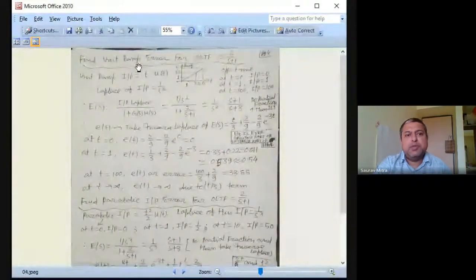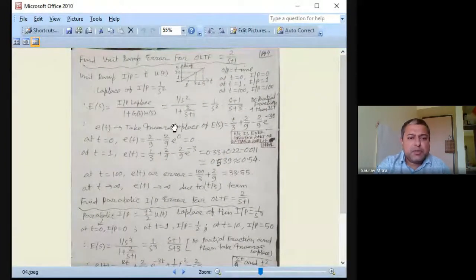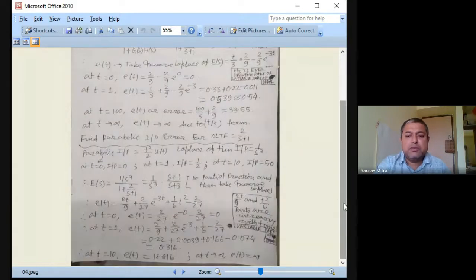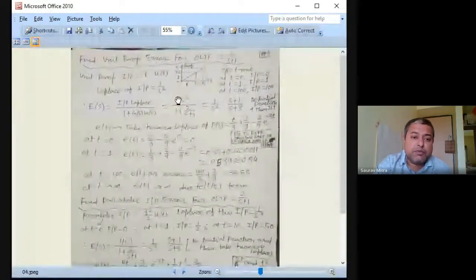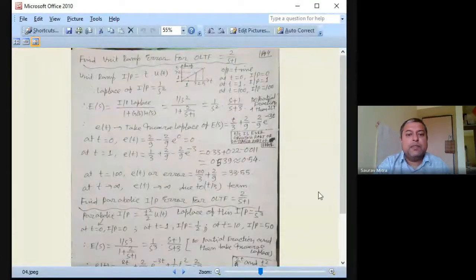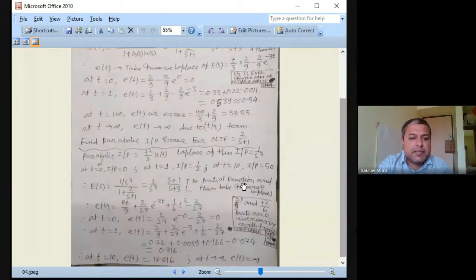That is unit ramp response. So unit ramp response, the same system. So this is 1 plus G(s)H(s), 1 plus 2 divided by s plus 1, and input we have changed as 1 by s square. Unit parabolic response. So here we will do two responses today. One we will do for unit ramp, another we will do for suppose 5 ramp. In that case, this input will be 5 divided by s square. Okay, and another case we will do here is parabolic input.